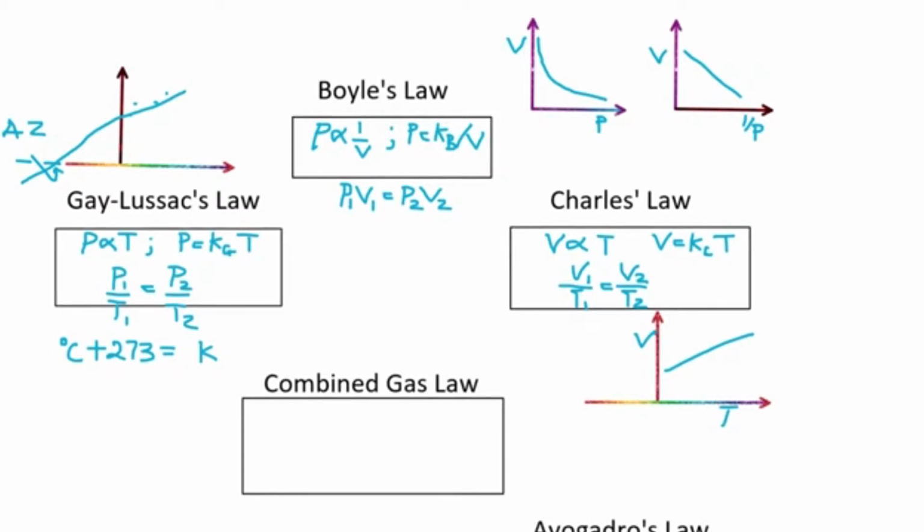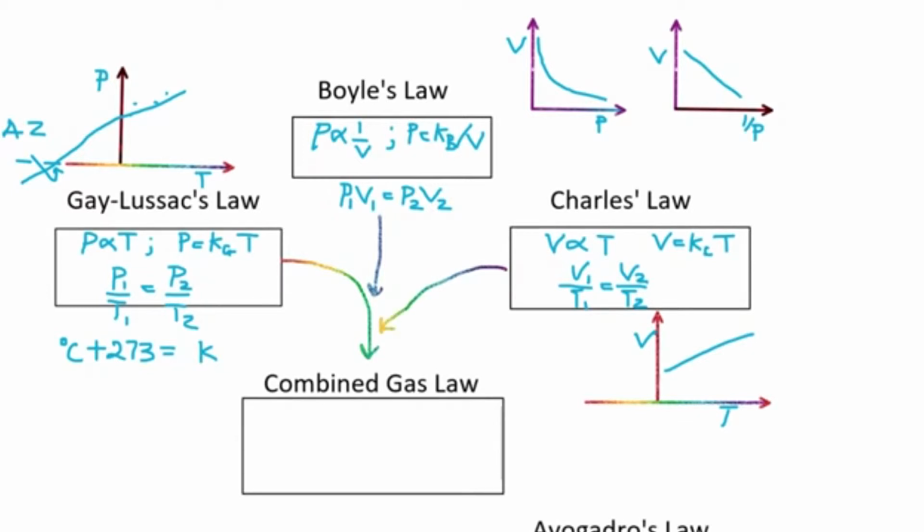This one here, just to be consistent with the labeling of the axis on the Gay-Lussac scale, we actually have that with pressure. Now combining all these three laws together actually results in the combined gas law, which is as follows: